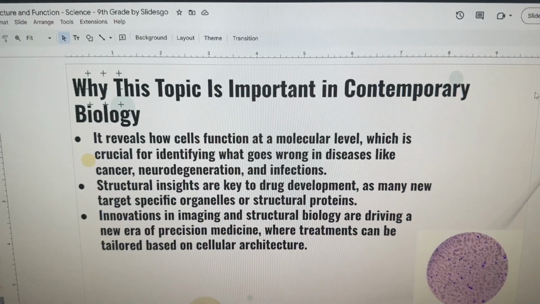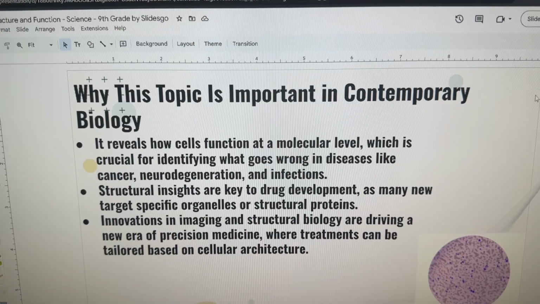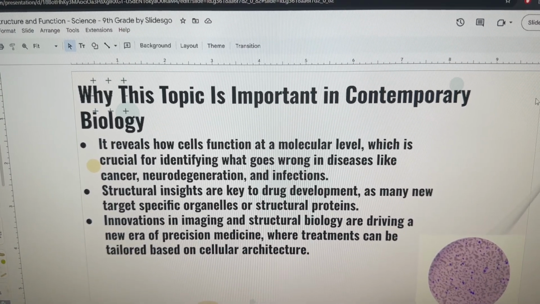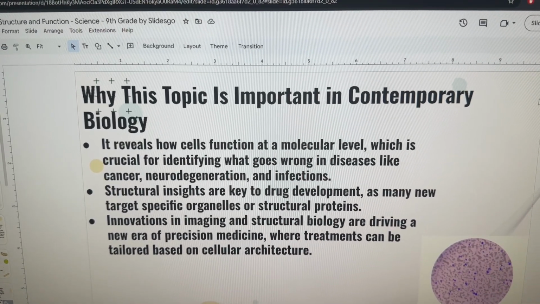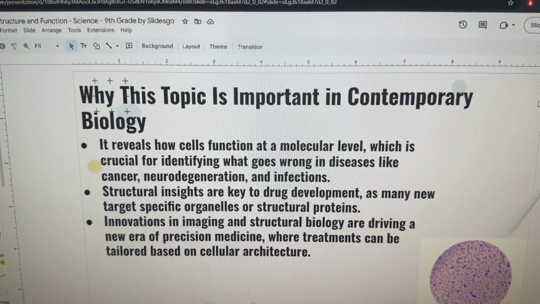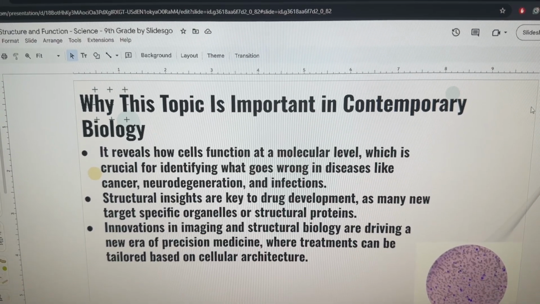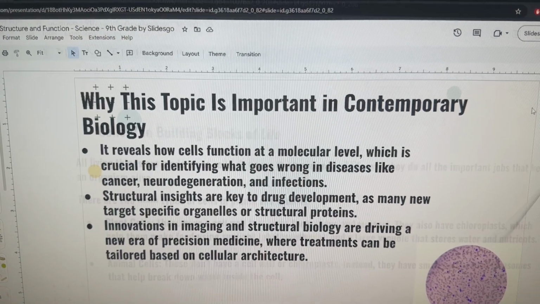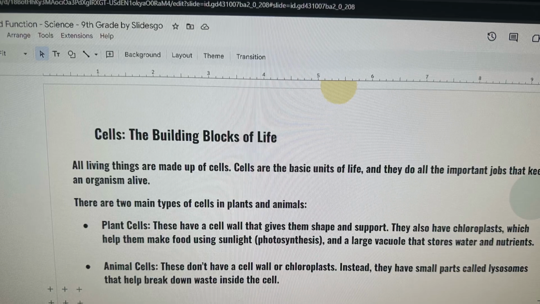And why this topic is important in biology is because it reveals how cell functions at a molecular level, which is crucial for identifying what goes wrong in diseases like cancer and infections. Structural insight is key to drug development, as many new drugs target specific organelles or structural proteins. Innovations in imaging and structural biology are driven by a new era in precision medicine, where treatments can be tailored based on cellular